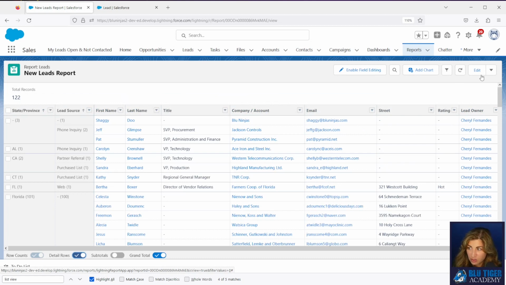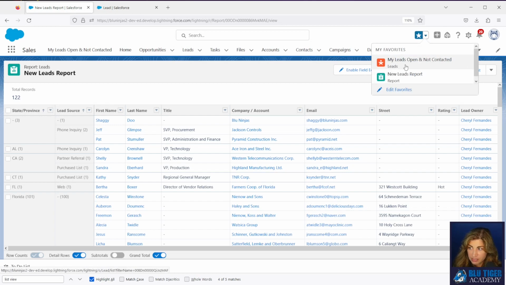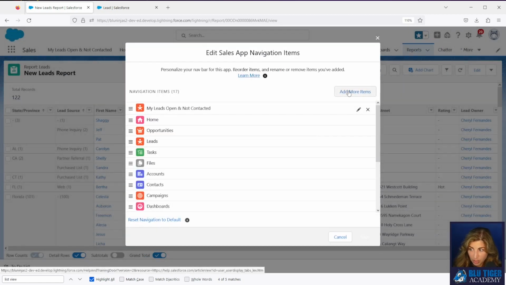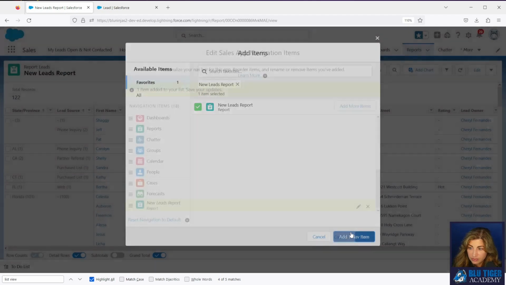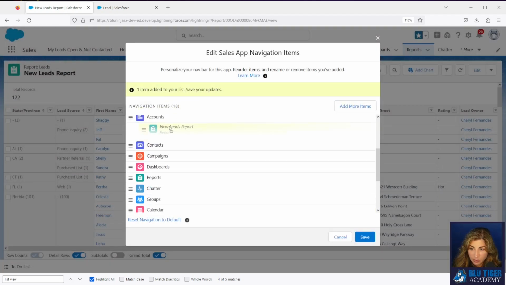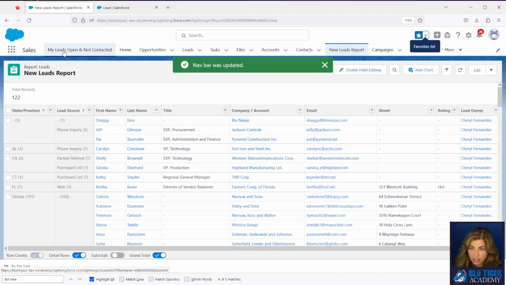Now let's say that you wanted to save this as a favorite. So you're on the report, you click the star when you're on the report. And now I have two things in my favorites. So when I click that drop down, I can see both. And then if you wanted to add this report to your navigation bar, you could. I just click the plus sign here, and then I can drag that wherever I want, and I can add it to my ribbon. So I can see my report here, and I've got my list view here.